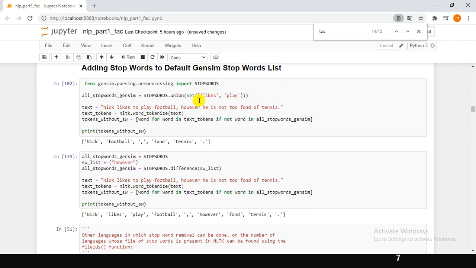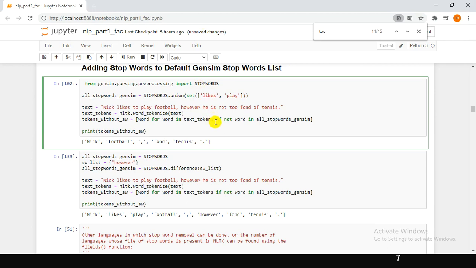Okay, the next one is how to add a stop word to the default Gensim stop word list. Is it possible? Let's say I want to add new stop words to the default Gensim list. Yes, we can do that indirectly using stop words dot union. Right here I defined a set which has my new stop words.